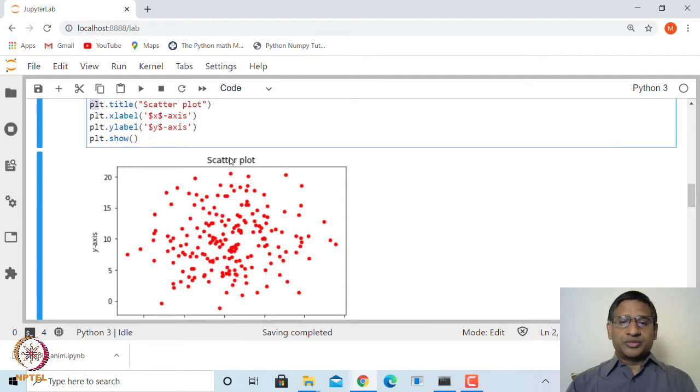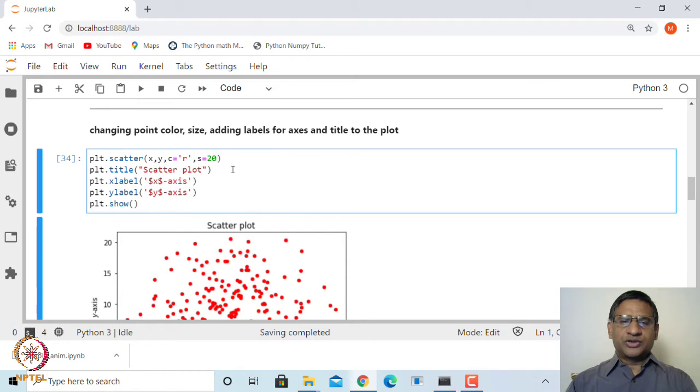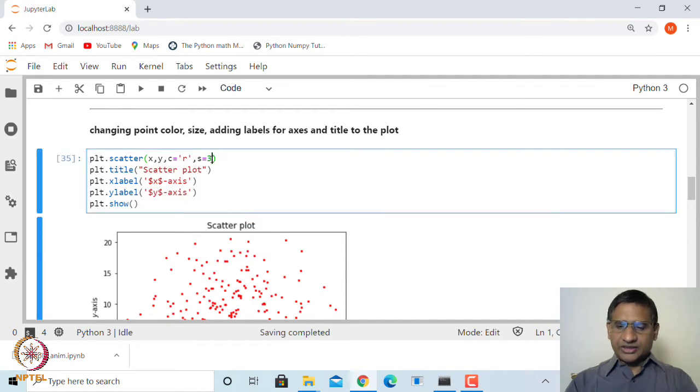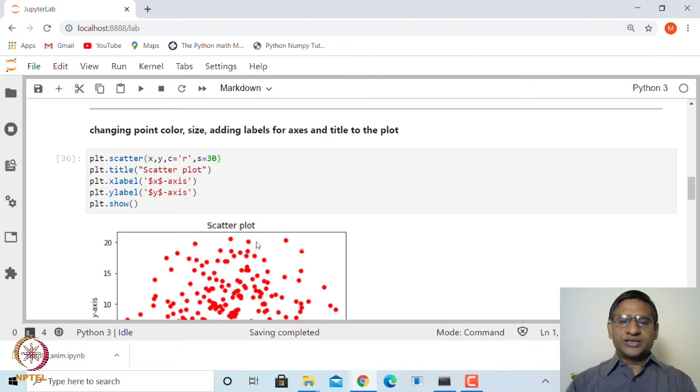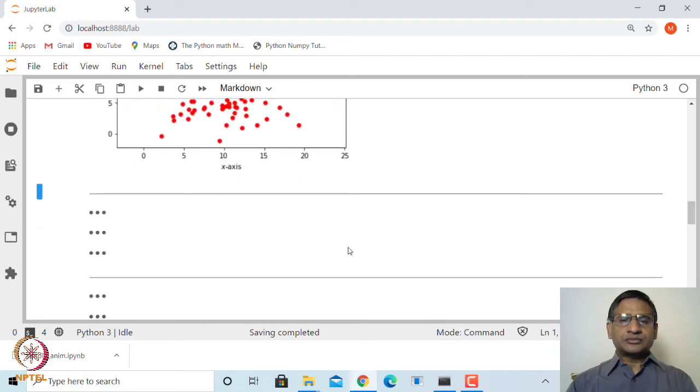You can take help on plt dot scatter and see what other options are available. Let me change this point size. Instead of 20, let us make it 5, then you will get a smaller point size, or if I make it 30, you will get a larger point size. All these things can be done very easily.